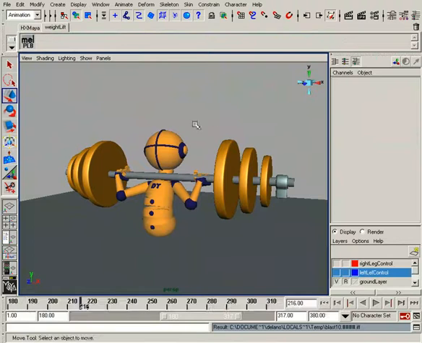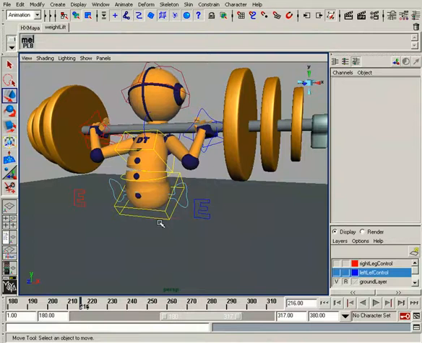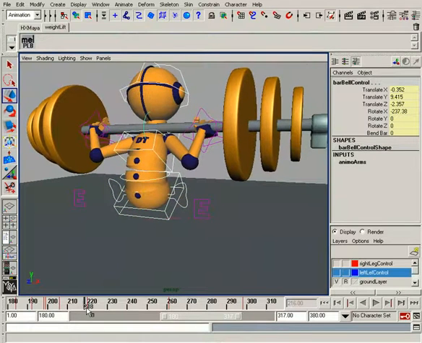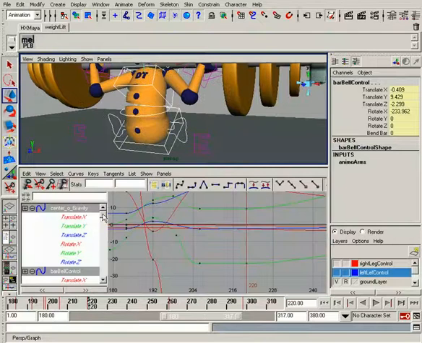But remember, just like with the arms, the legs should act as shock absorbers too, and though we don't see the legs, we still need to keep them in mind. So let's bring back our control curves. In order to do that, we'll select our center of gravity control and our barbell control, and we'll adjust this key where we added our moving hold. So let's go to frame 220, and we'll also get our perspective and graph view involved